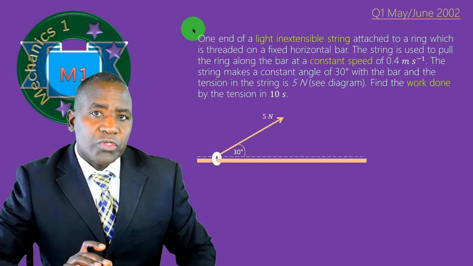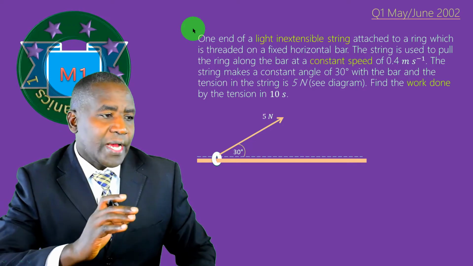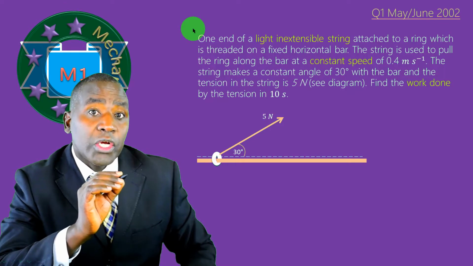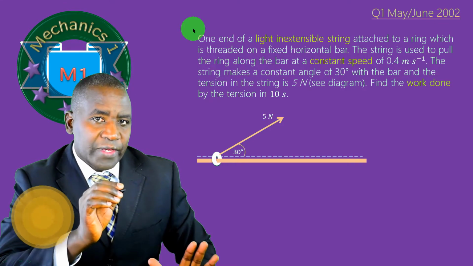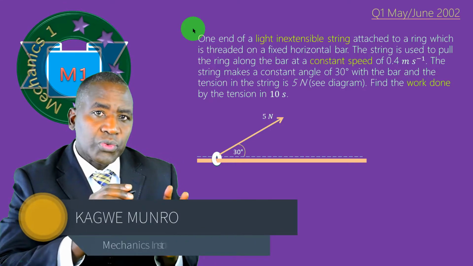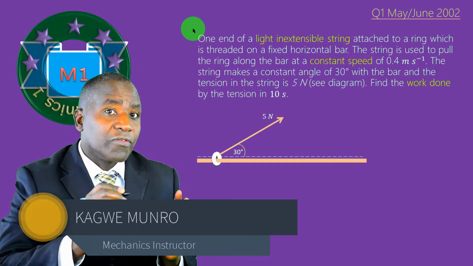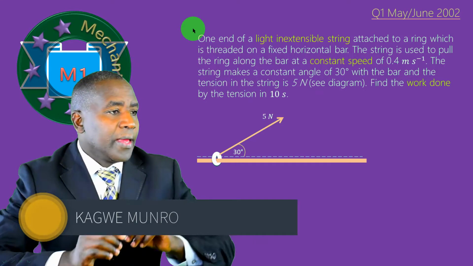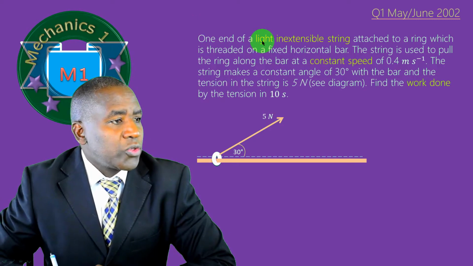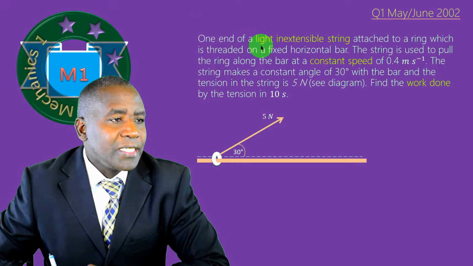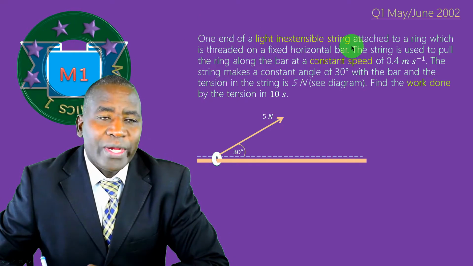So let us start this question by reading it together, so that I can outline the various clues that the examiner has given us in order for them to indicate to us what kind of method they want us to use. And in this question, we are told that one end of a light inextensible string,